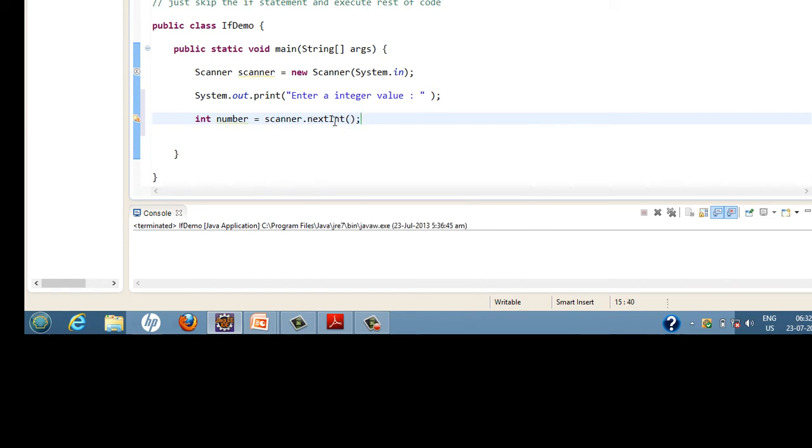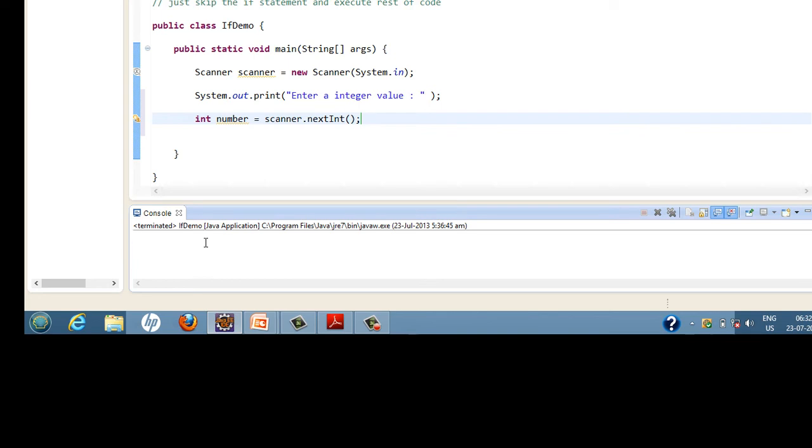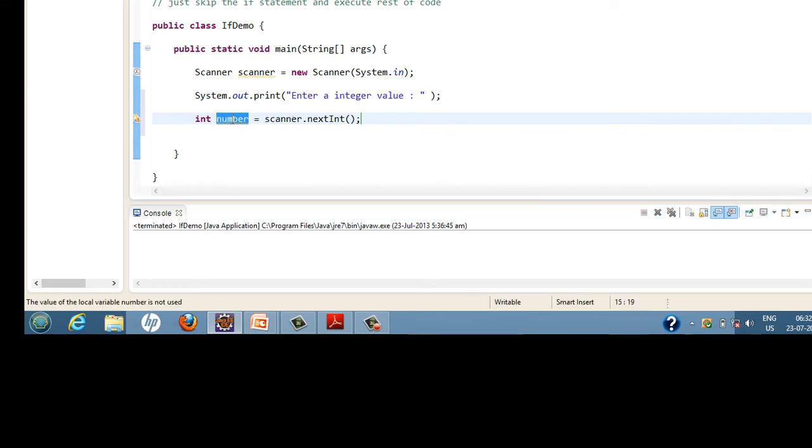What scanner.nextInt does is take the value the user has entered and assign it to number. After this statement gets executed, the number variable will have the user input, and we'll move further. We will now use our if statement.